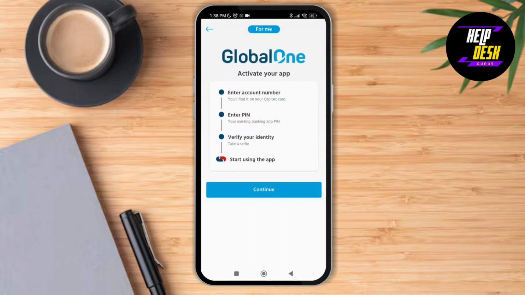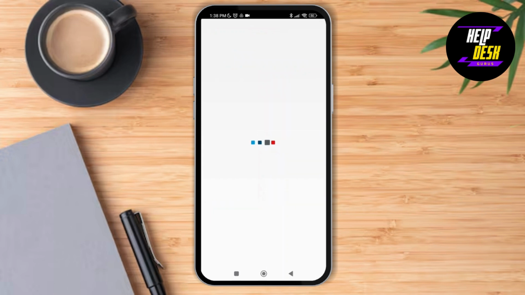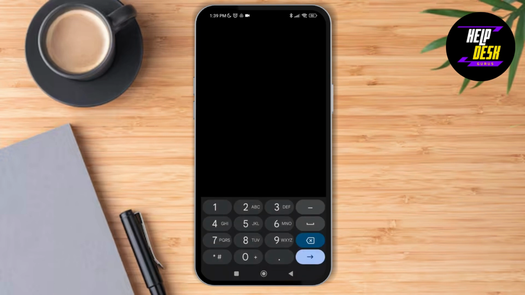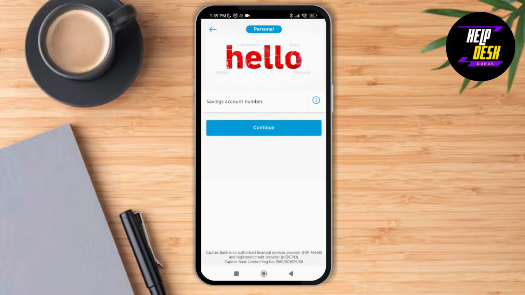As you tap on get started, you just have to enter your account number, your PIN number, verify identity by taking a selfie and start using the app. So tap on continue. And as you tap on continue, you just have to mention your account number over here, then tap on continue and then mention your password or your PIN, and then you'll be able to sign